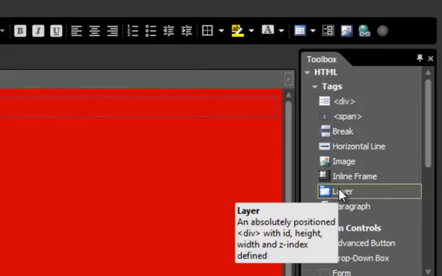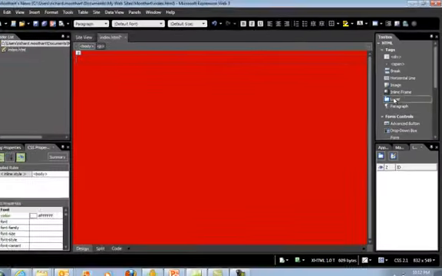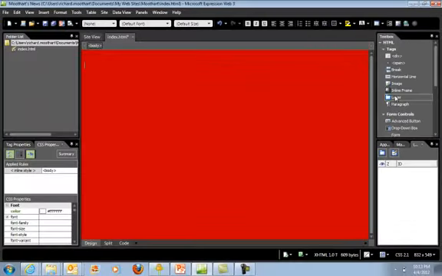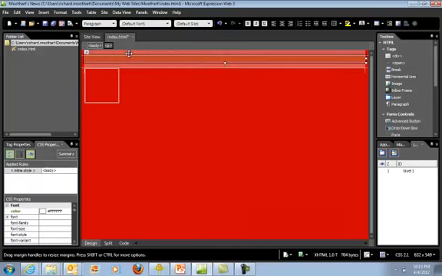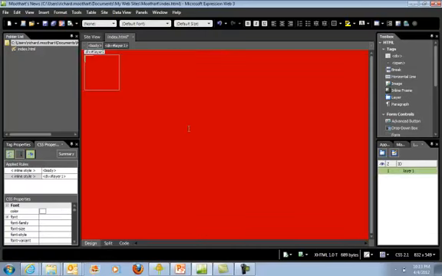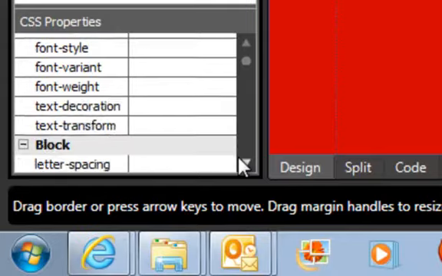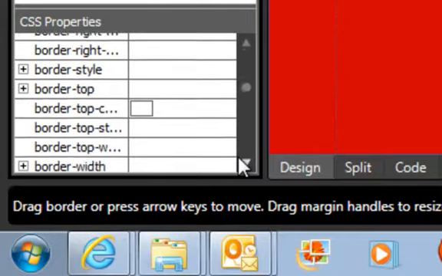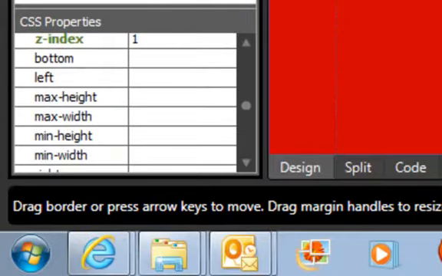So we're going to create layers for a general layout of our page. So if I double click on my layer, notice it added a layer right there. I want to make sure that this paragraph is deleted. We don't want to have anything on our page except for this first layer. When I select the layer, if I go down here to my properties, if we scroll down, we notice